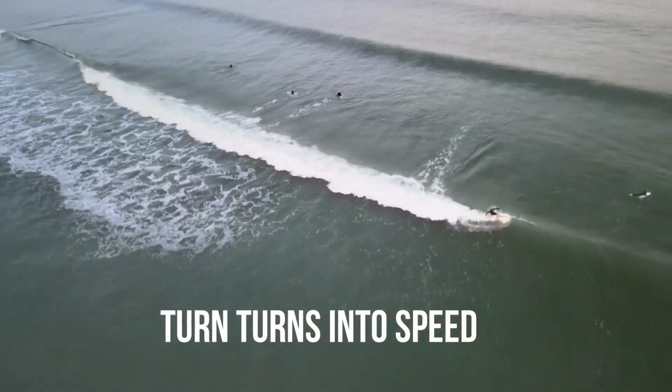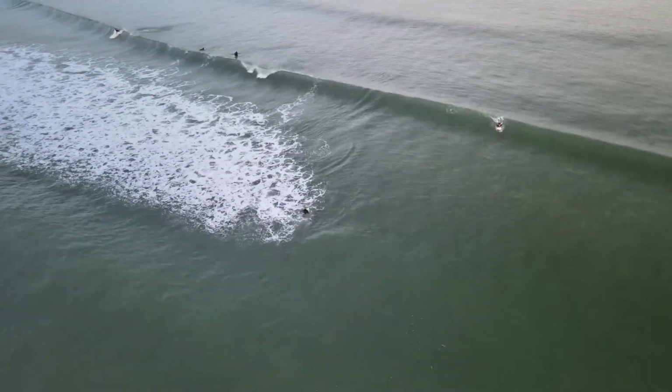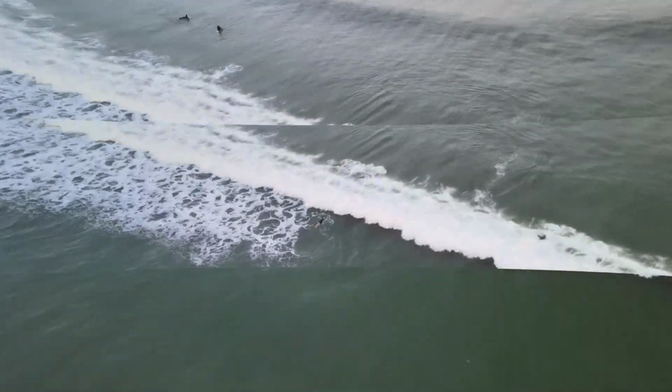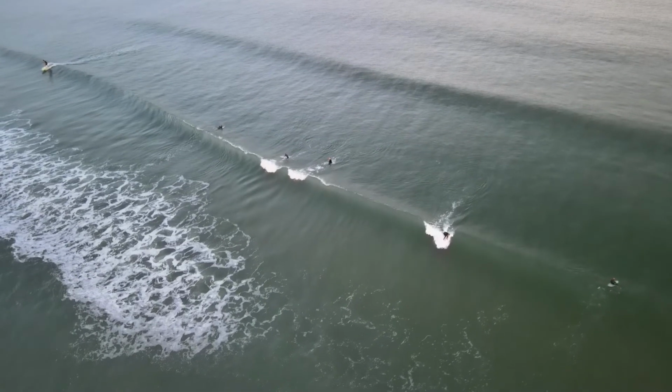Okay, now on this wave, if you're thinking about it, turn your turn into more speed. And that last ride was an excellent example of that. And you see this next guy just kind of fades into nothing. But looking at this slow motion,